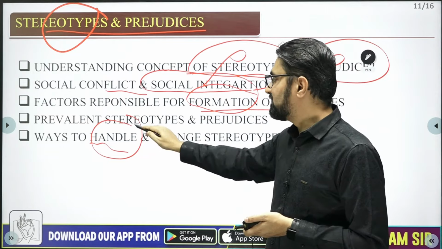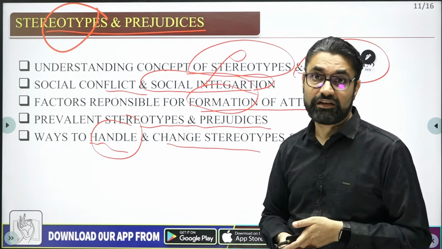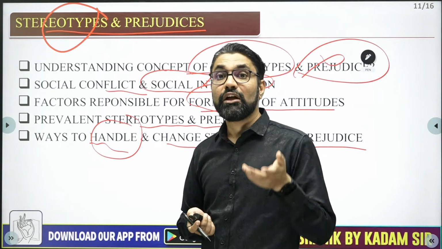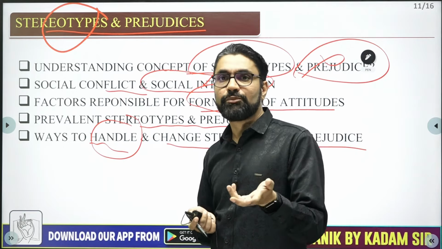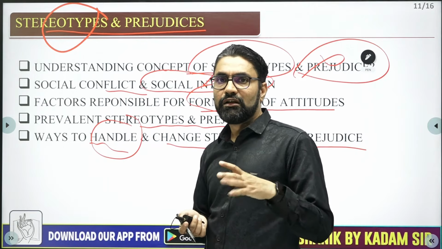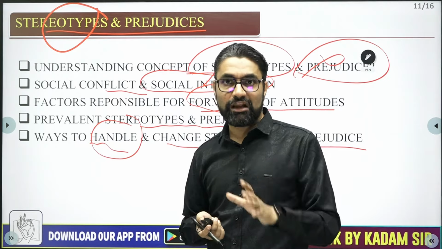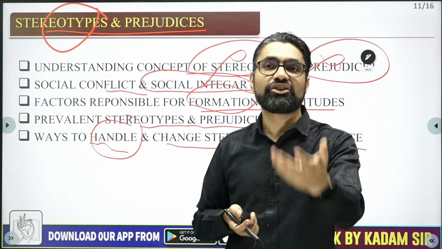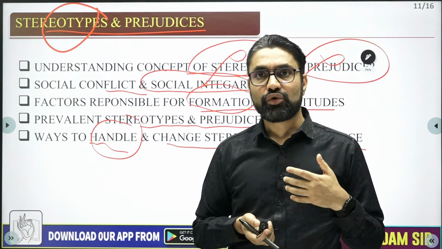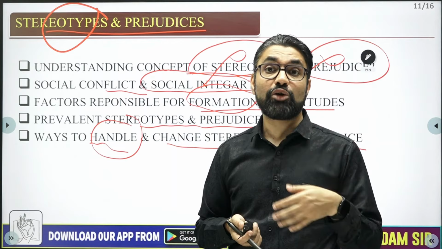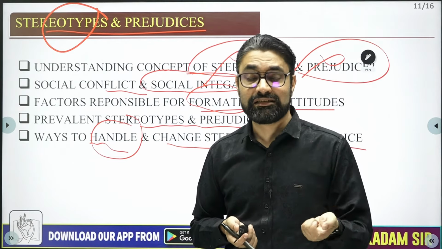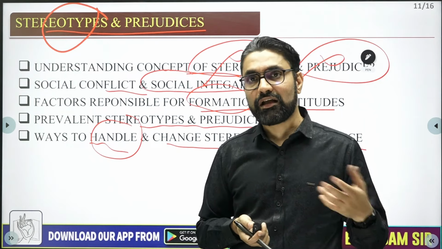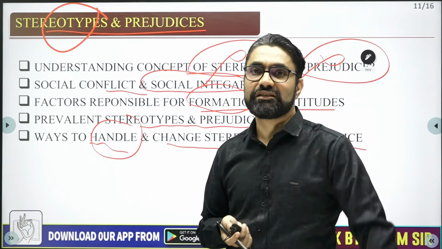And then we'll also discuss the prevalent stereotypes and prejudices in Indian society. There are many different prejudices prevalent, like Hindu-Muslim, casteism, linguistic prejudices, regional prejudices, chauvinism, etc. So we'll discuss these different prejudices prevalent in Indian society and how they manifest in society, the expression of these prejudices. There I will tell you different types of isms, casteism, classism, ageism, sexism, etc., which are the expression of prejudices.